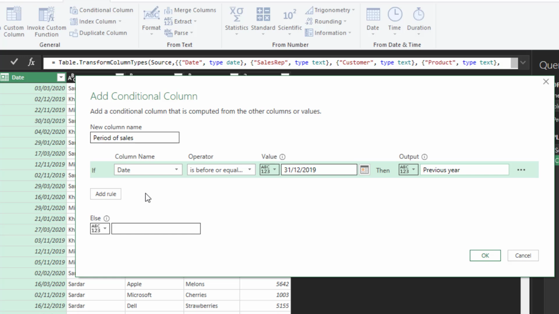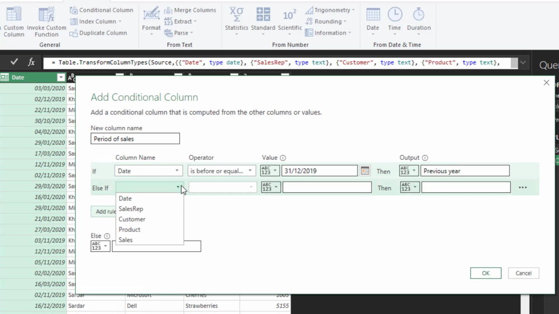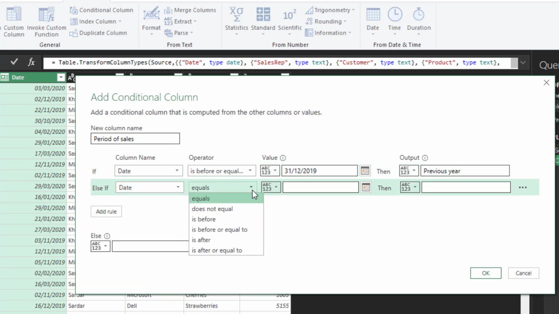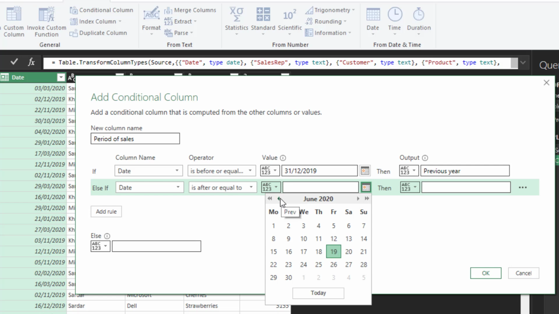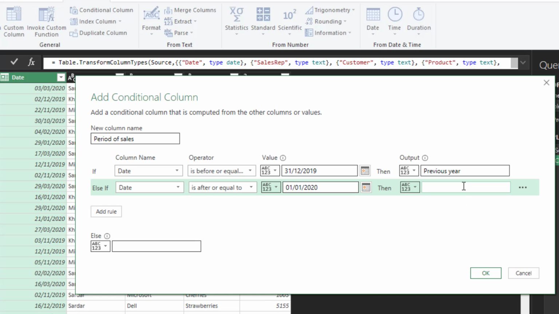The next condition would be to check if the dates are falling on or after 1st January 2020. It will mean that the sales are of the current year.